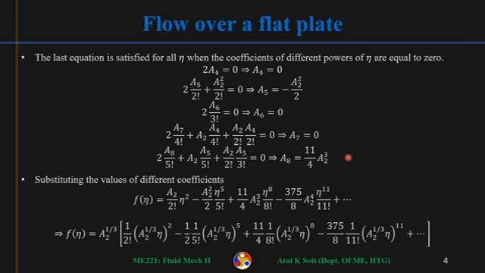So similarly, however many terms you are interested in, you can find all the different coefficients in terms of a2. So eventually the form of f eta will simplify to this: a2 upon 2 factorial eta square minus a2 square upon 2 eta raised to the power 5 upon factorial 5, and so on. So all the coefficients other than a2 can be represented in terms of a2, and then finally we do the algebra, we will find out this. This is the function f eta.